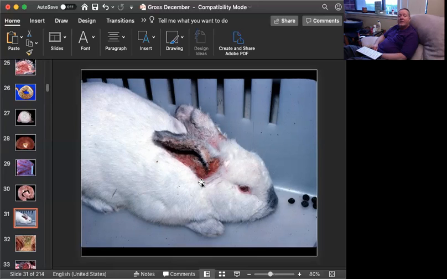The morphologic diagnosis is a diffuse bilateral hyperkeratotic and suppurative, or heterophilic since it's a rabbit, otitis externa. It affects the outer ear. These ears are infected. You smell them, they stink. This animal has the